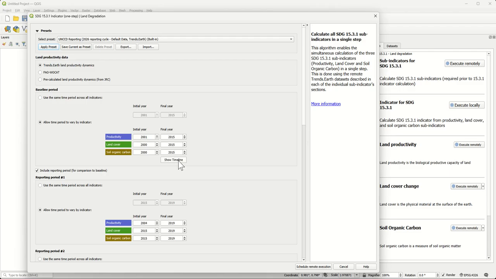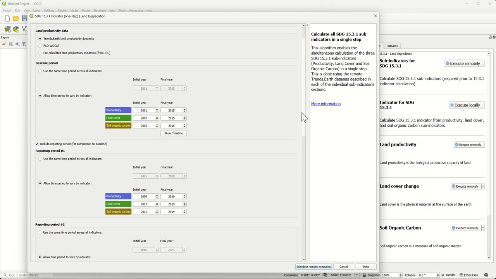So I'm going to be using that. And then we see that for the baseline period, land productivity data is Trends.earth LPD. For the baseline period, we're going to be doing productivity 2001 to 2015, land cover from 2000 to 2015, soil organic carbon from 2000 to 2015.